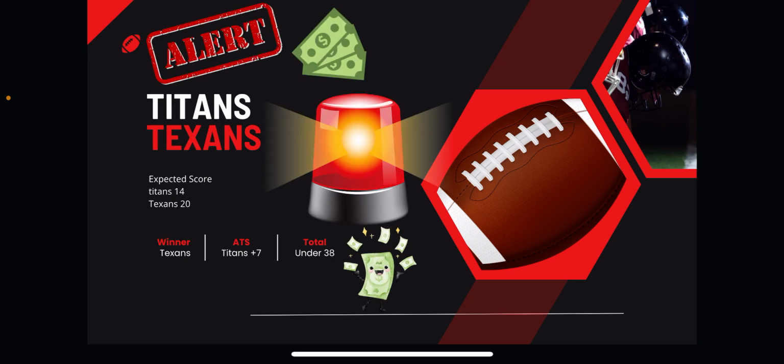Now, this is the one that I will be betting on. This is the one that has my money. This is probably one of the easiest ones that you're going to find out there. Unfortunately, it's probably a little late. I have taken this one. I took it Monday morning when the number was much different.